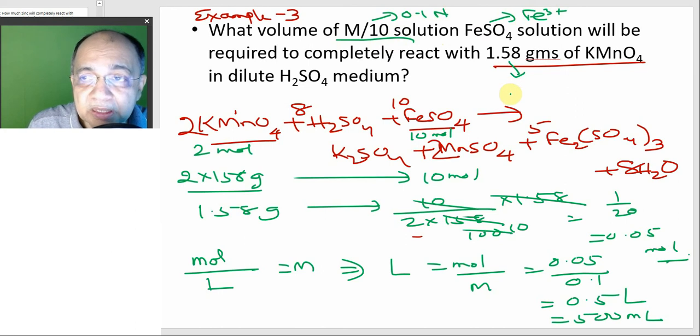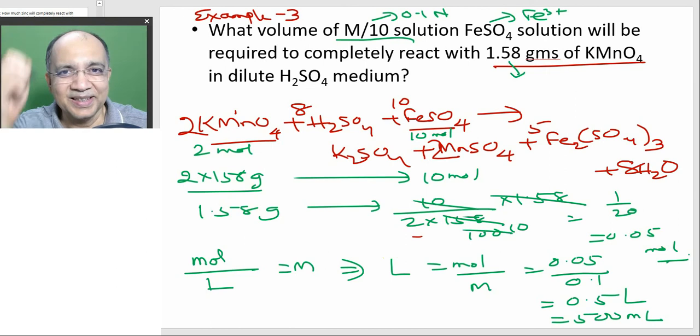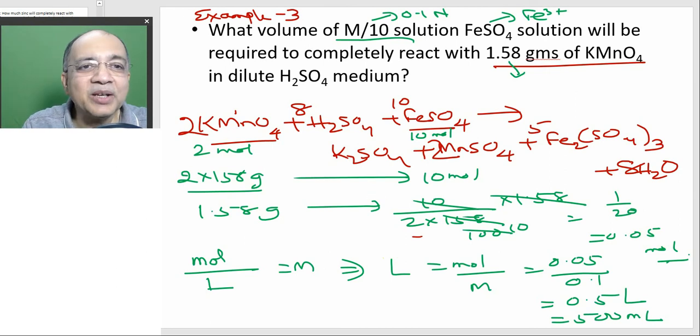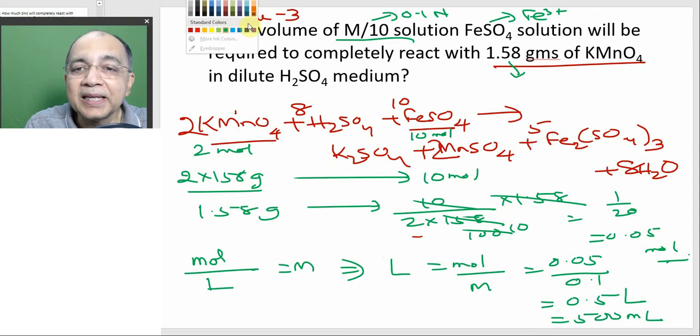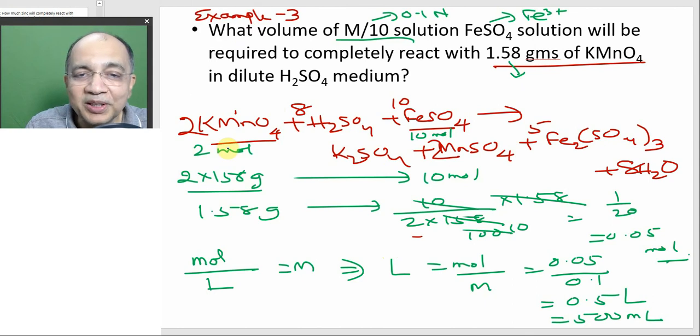And what about this? Okay, for this one there is no volume, so there is no point in converting to normality. So for this case, you have to find out this 0.05. But I think this problem is easier to handle by the molar method. Now, you can as well solve by not writing the equation at all. You do not know the equation, its products. You simply know that